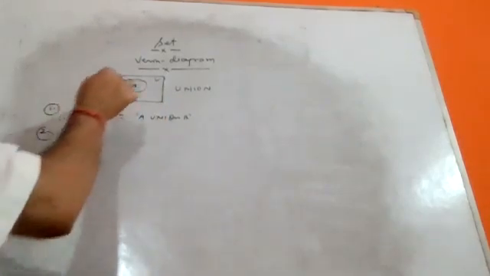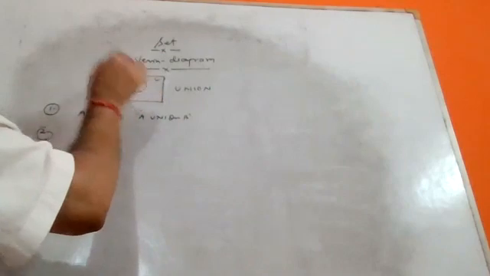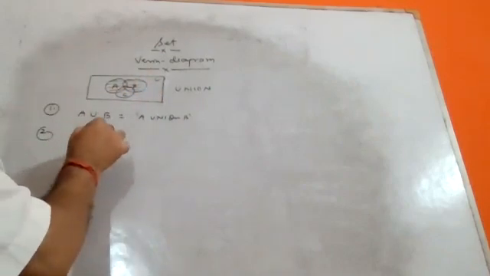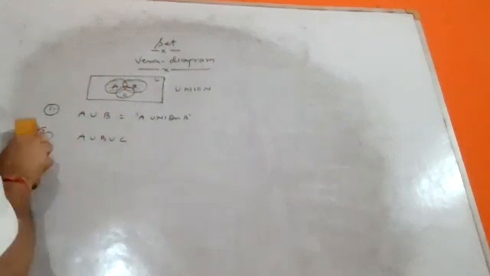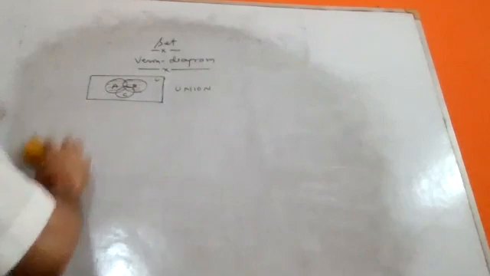Second thing, if three sets are given like this one, if here is C also, then you can write A union B union C. Union means all the elements combined, but repetition of any element is not required. All the elements you can take, but repetition is not allowed. This is the meaning of union. Clear? And now we are going to discuss properties of union.